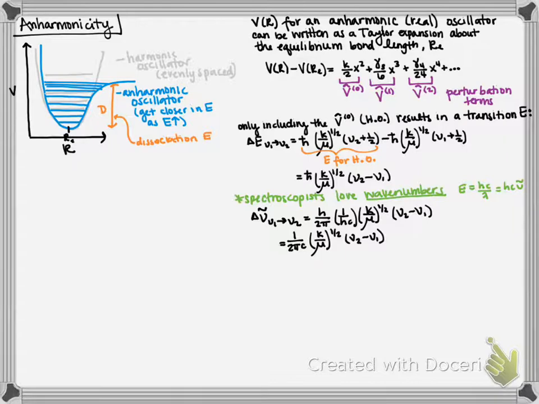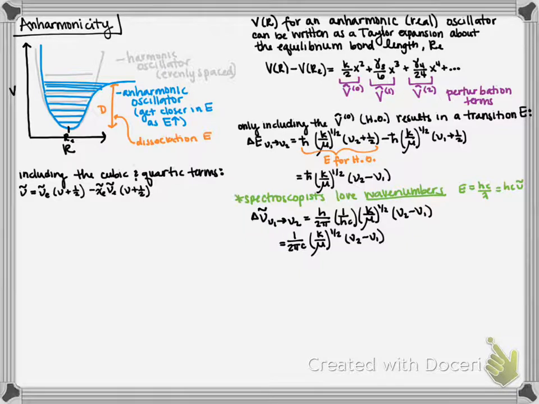And then we could simplify that to simply 1 over 2 pi c, square root of k over mu, nu2 minus nu1. And this is the equation you actually used in lab, and you wrote about hopefully in your oscillator lab report. All right. If we go back, and now we include the cubic and the quartic terms, that potential energy operator,